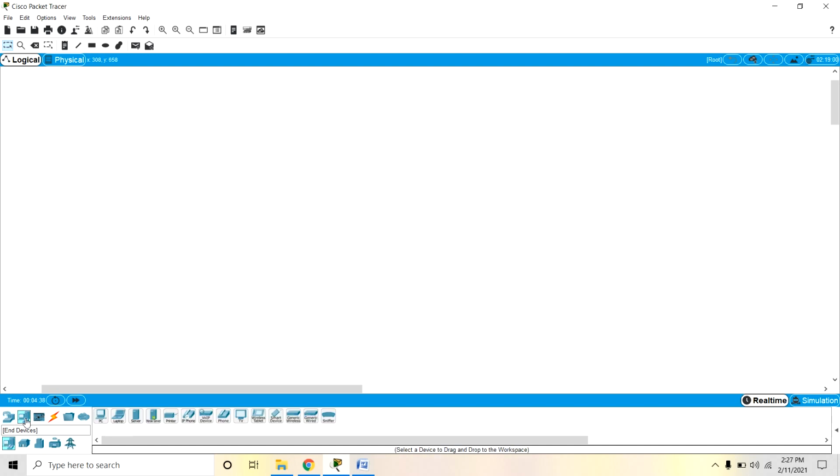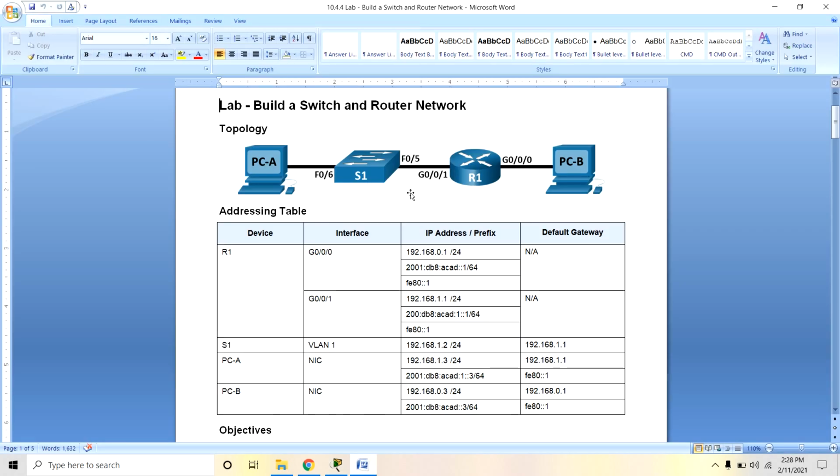We have taken PCA and PCB, one 2960 switch, switch 1, and router 1. Now these devices are connected in the topology by using the Fast Ethernet port 6, port 5, and Gigabit Ethernet.